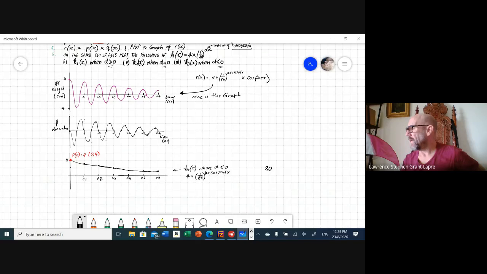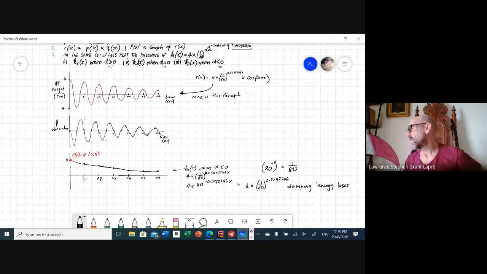Because 80 to the negative 1 is 1 over 80. So if we had 4 times 80 to the negative 0.5092246x, that's the same as 4 times 1 over 80 to the positive 0.5092246. So this is a case of damping that gets less and less and less, where